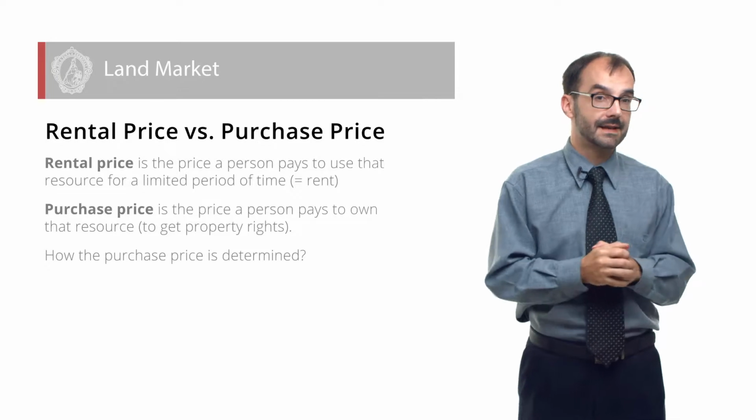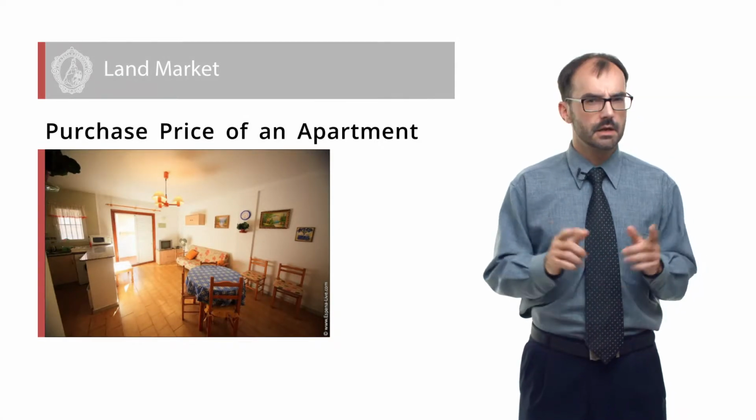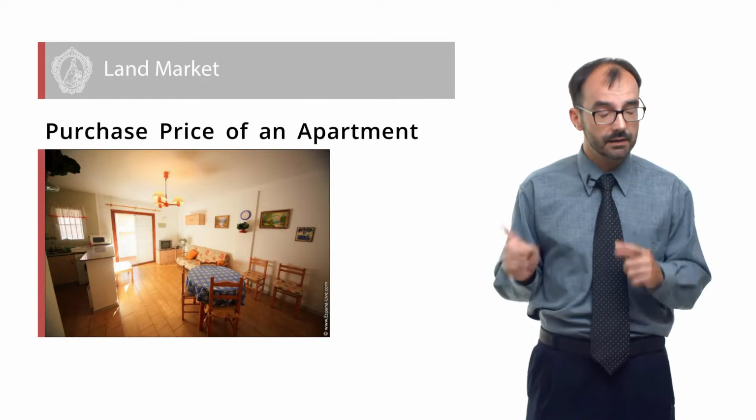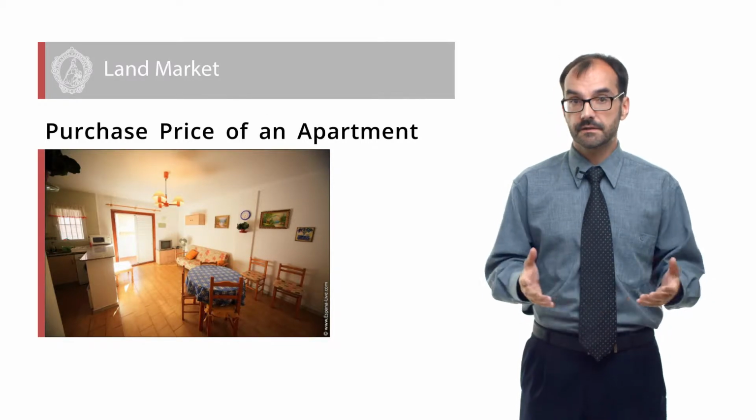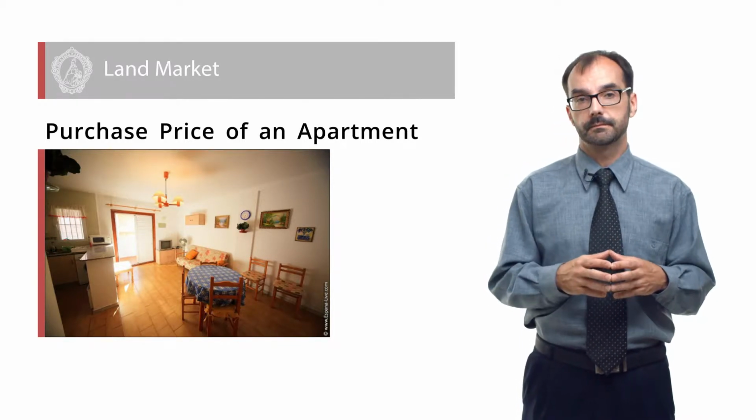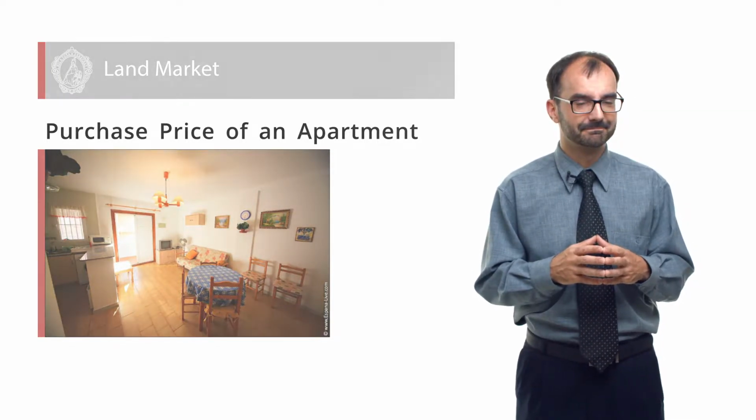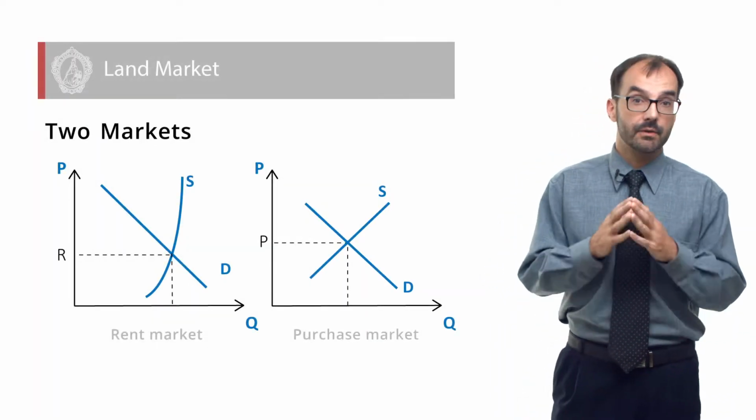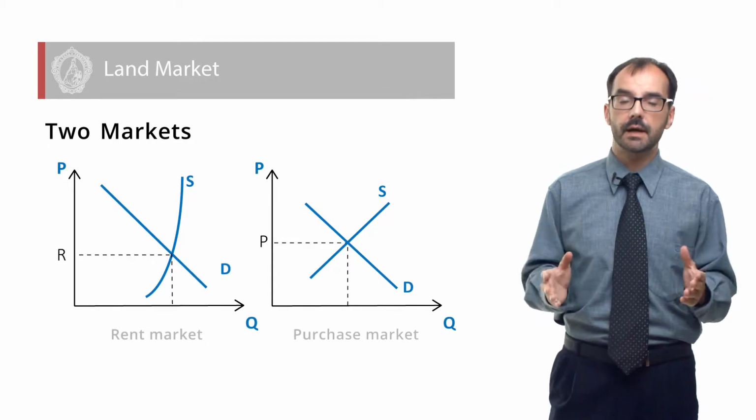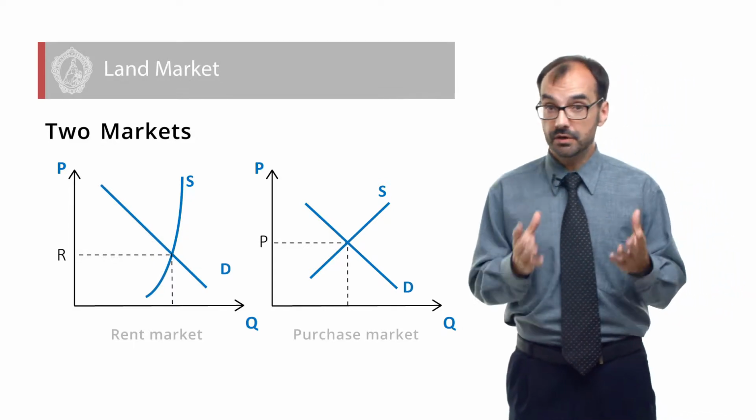Let us consider an example. This is an apartment in the center of St. Petersburg. Suppose that this apartment may be rented for 40,000 rubles per month. This is the rental price of this apartment. But what is its purchase price? Okay, the rental price is determined in the rental housing market with its own supply and demand curves, the left-hand diagram. And the purchase price,